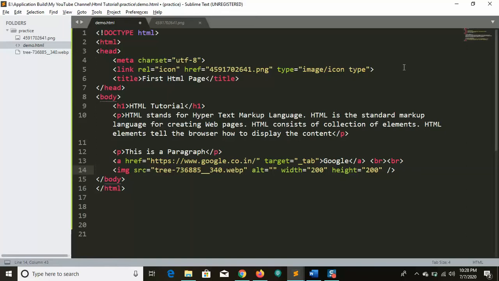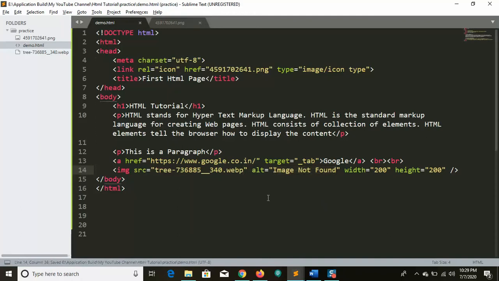For example, if the image is not loaded, you can say image not found. If the image fails, this alternate message will be shown to the user. This image not found. So let's save and let's see.